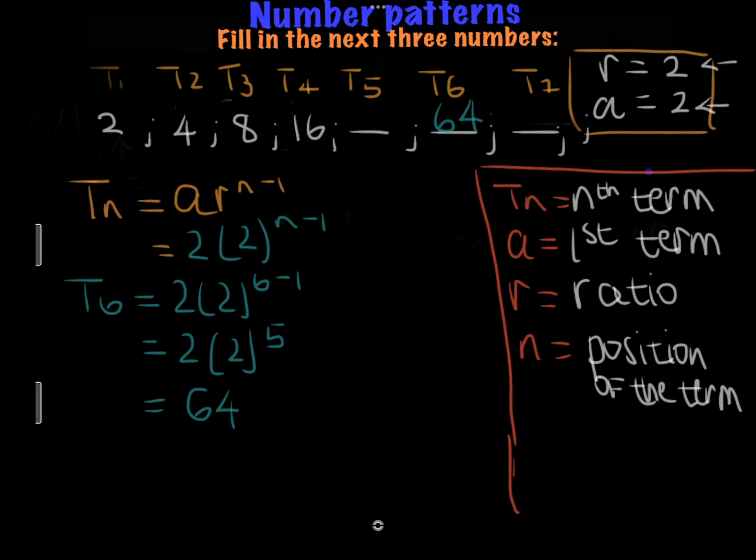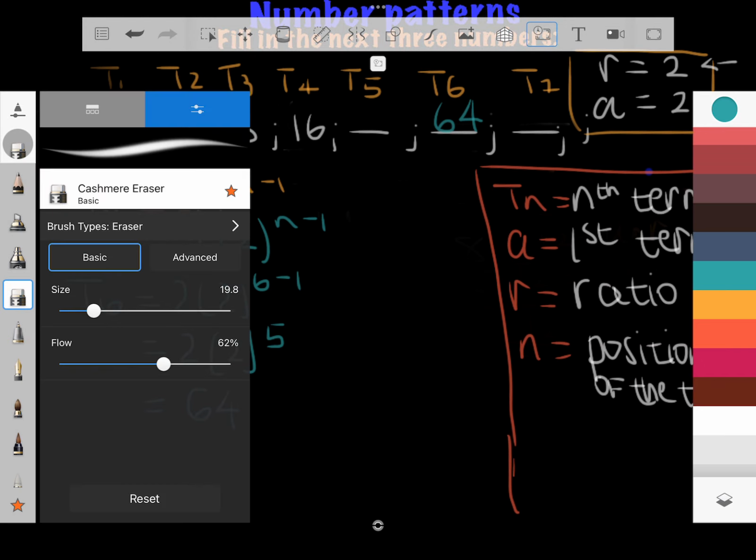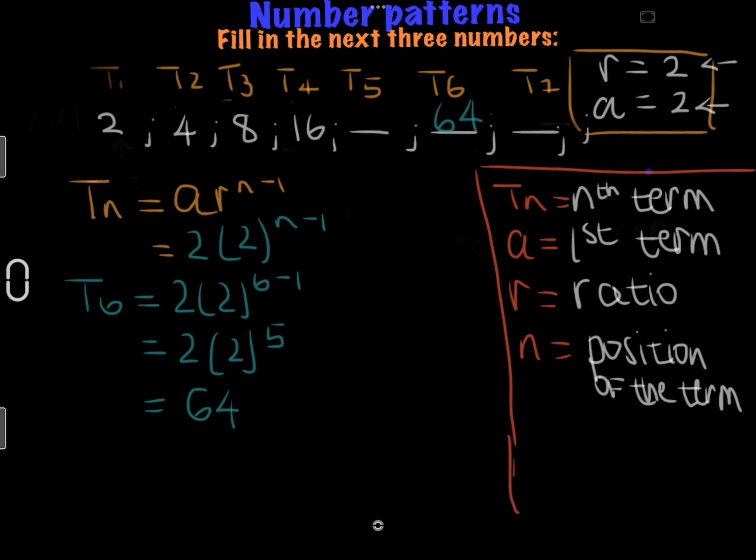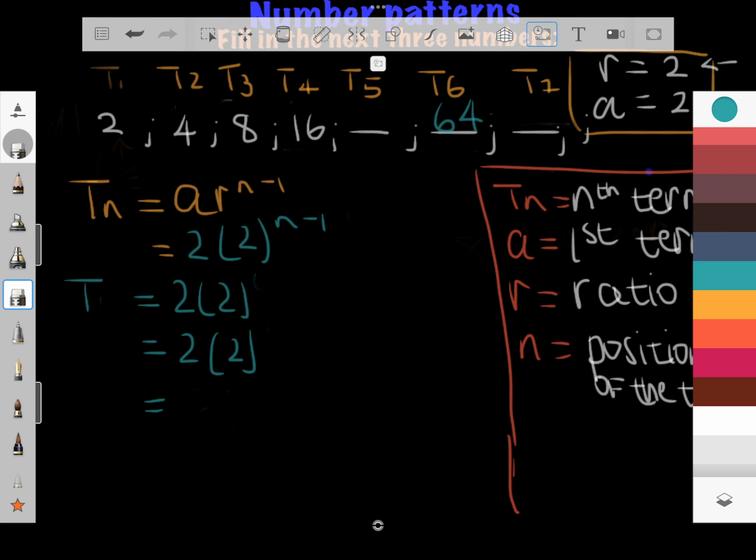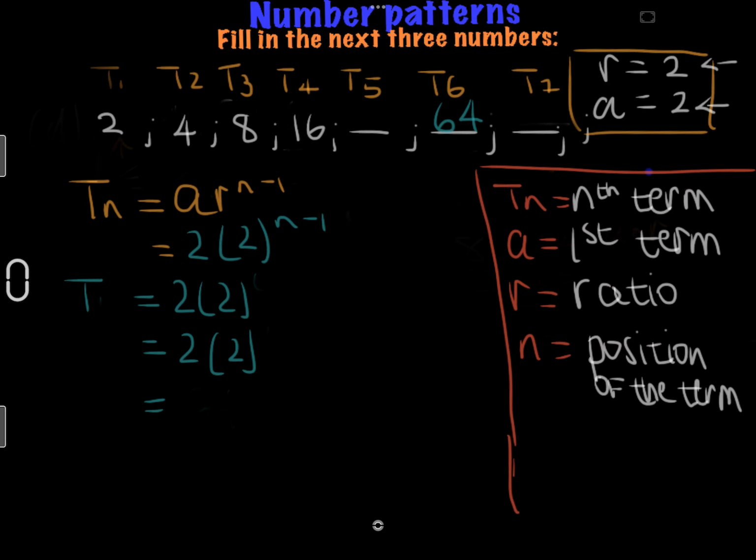So in substitution, we substitute a value there in this, and the answer as well. So now to find term 5, let me use a different color for variation. So to find term 5, we just have